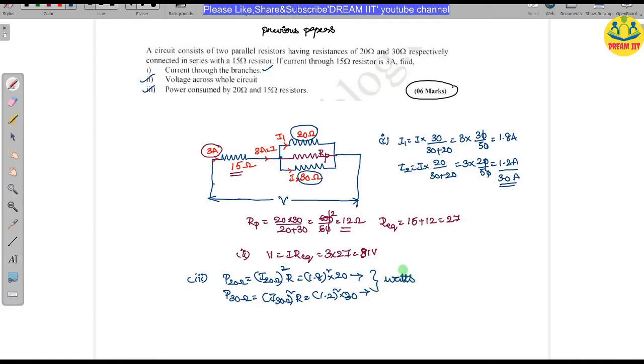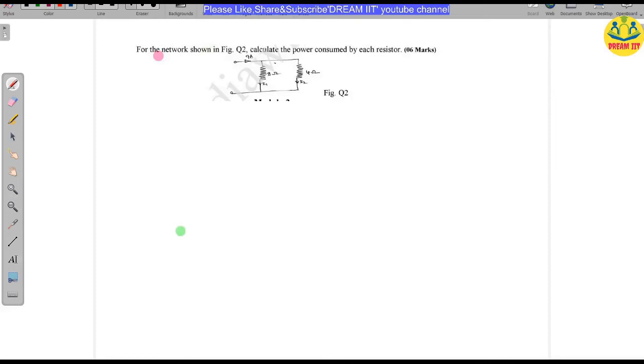So this is one of the very simple questions asked. I think you understood the importance of this current division rule. So current division rule is very important, you have to understand. This is one of the questions given in the previous question papers. Next question, see the next question. See here, it is given